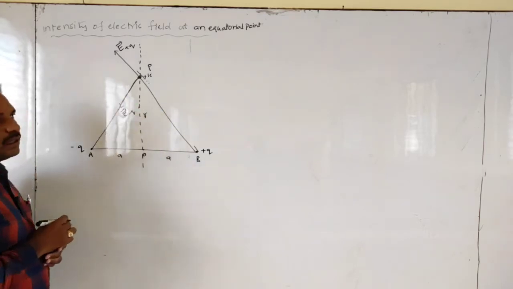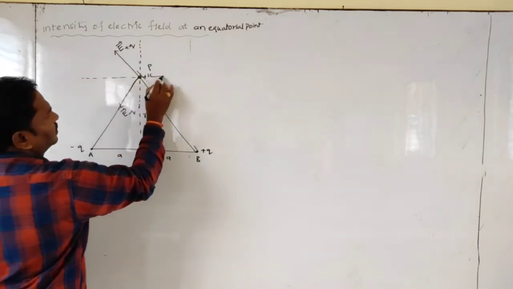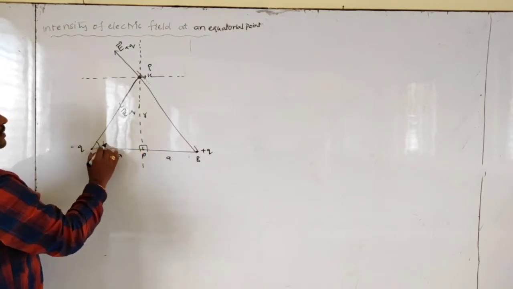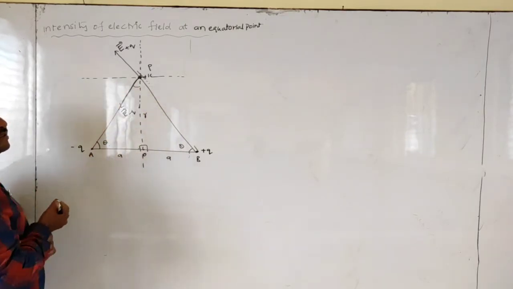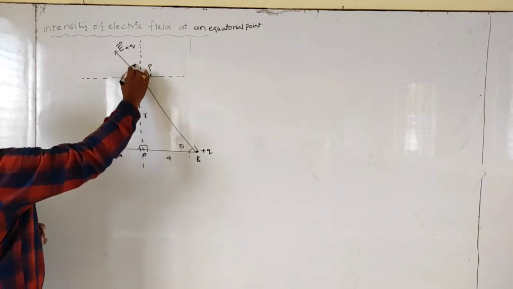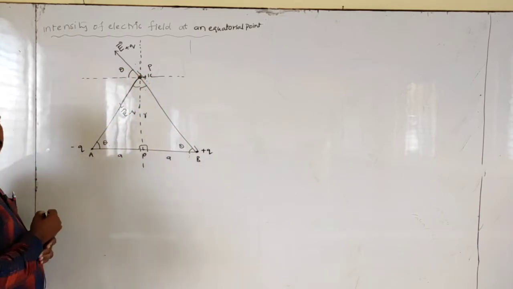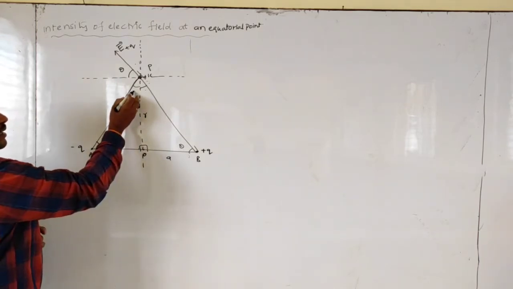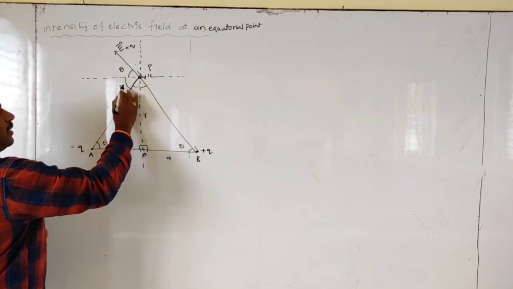Let's say this is the y-axis and this is the x-axis. Here it's 90, this is theta, here also theta. Then what is the 90 minus theta? Here also 90 minus theta. See, these two are perpendicular. Here theta, 90, 90 minus theta means both are 90, this becomes 90, and here also it's theta.